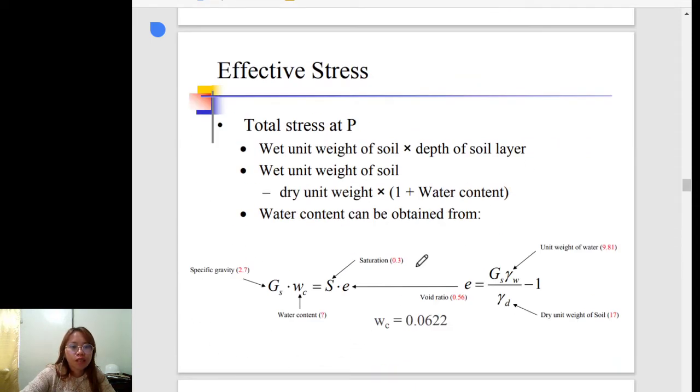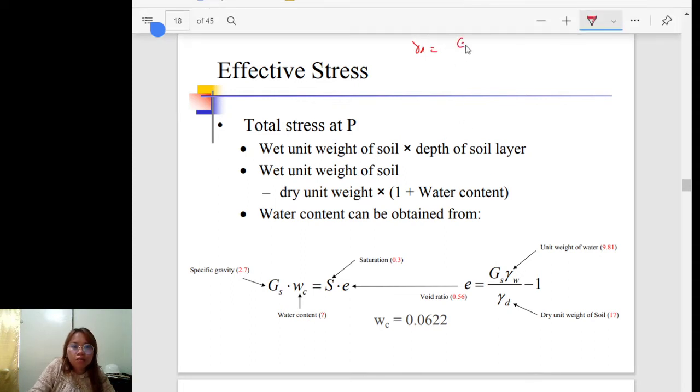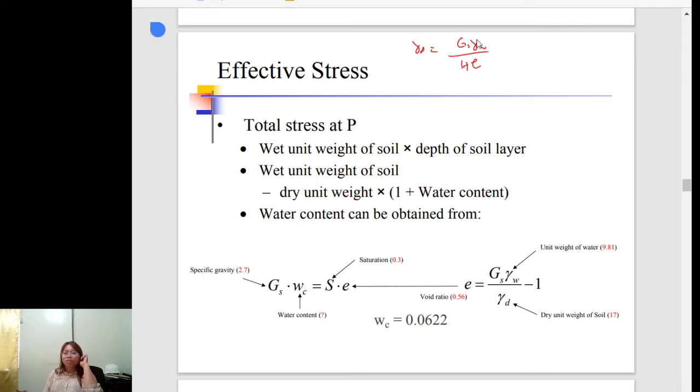So remember this formula, di ba? G sub S, the specific gravity, times the water content is equal to the degree of saturation times the void ratio. But remember the formula for the dry unit weight is actually equal to G sub S gamma W over 1 plus E. Di ba? This one kani. So that if you try to look for E,